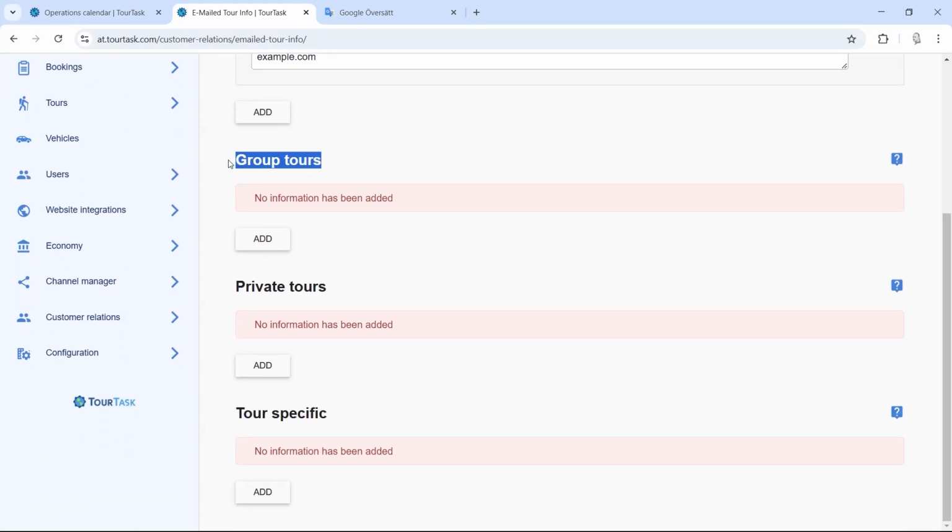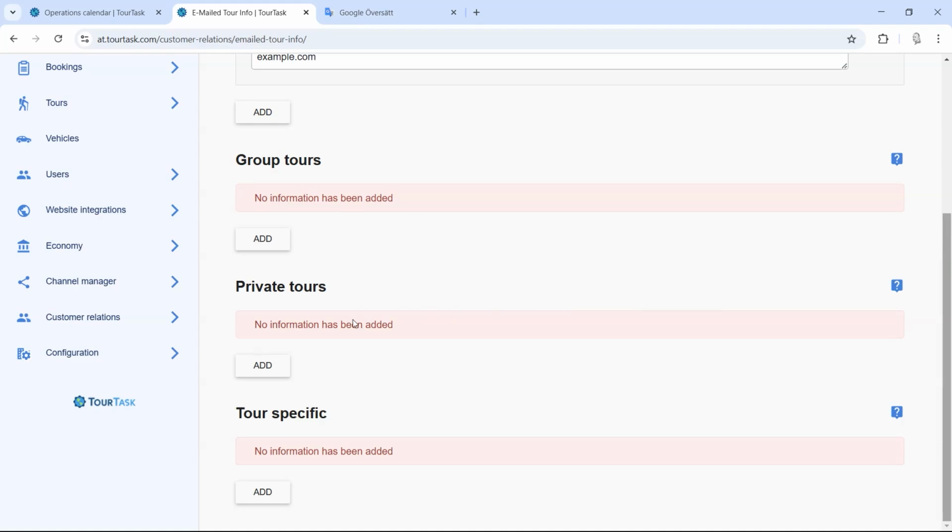So for group tours, for example, since you're picking up people and it takes a while sometimes, you may want to add that information here, mentioning that it takes around half an hour, and maybe mentioning that if they are staying at a place with a very small road, the vehicle will maybe have a tough time entering there,